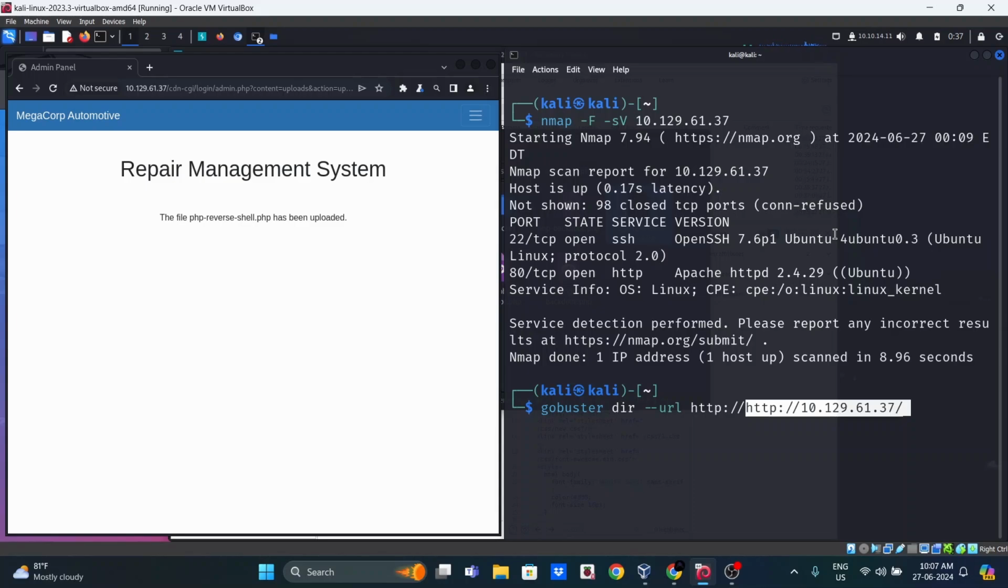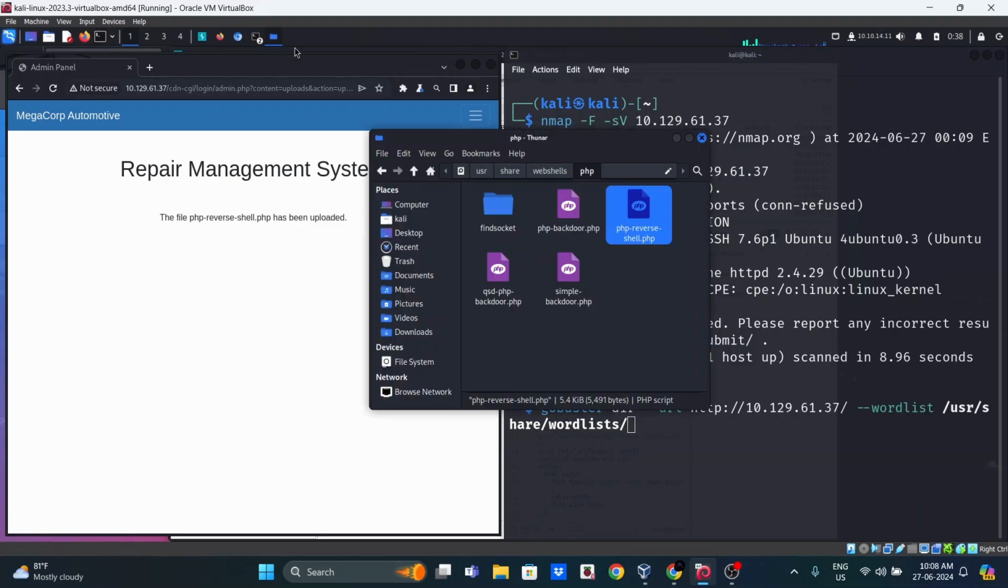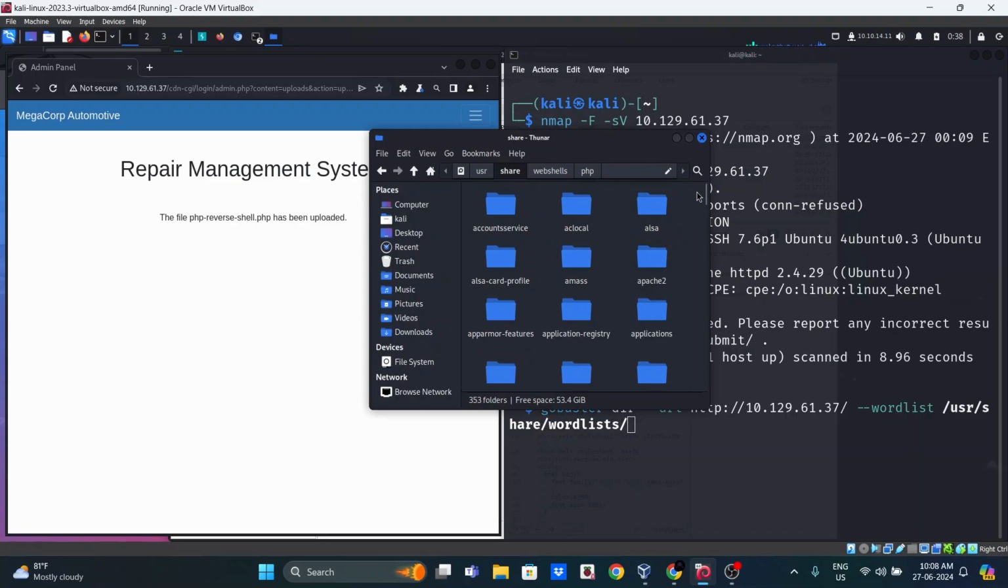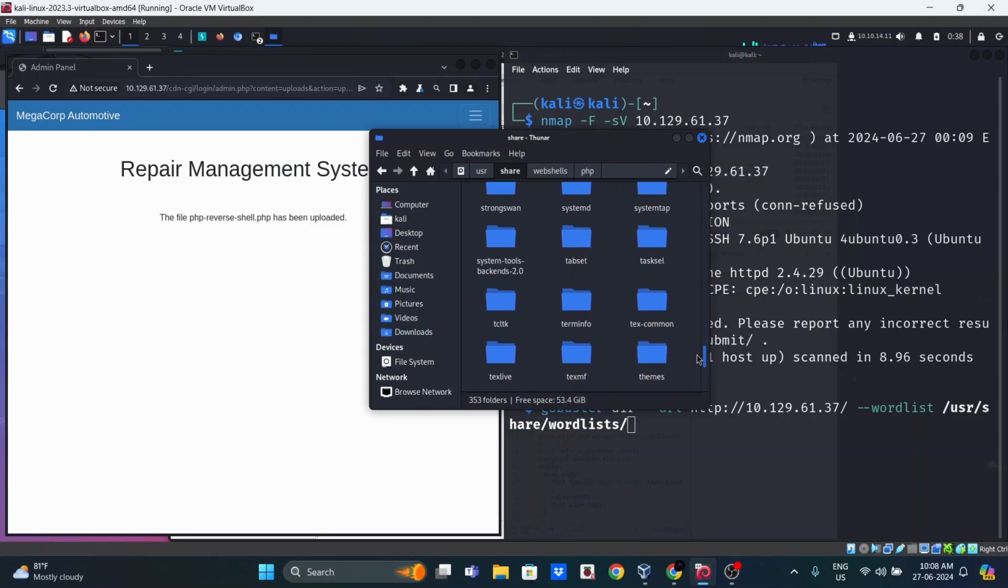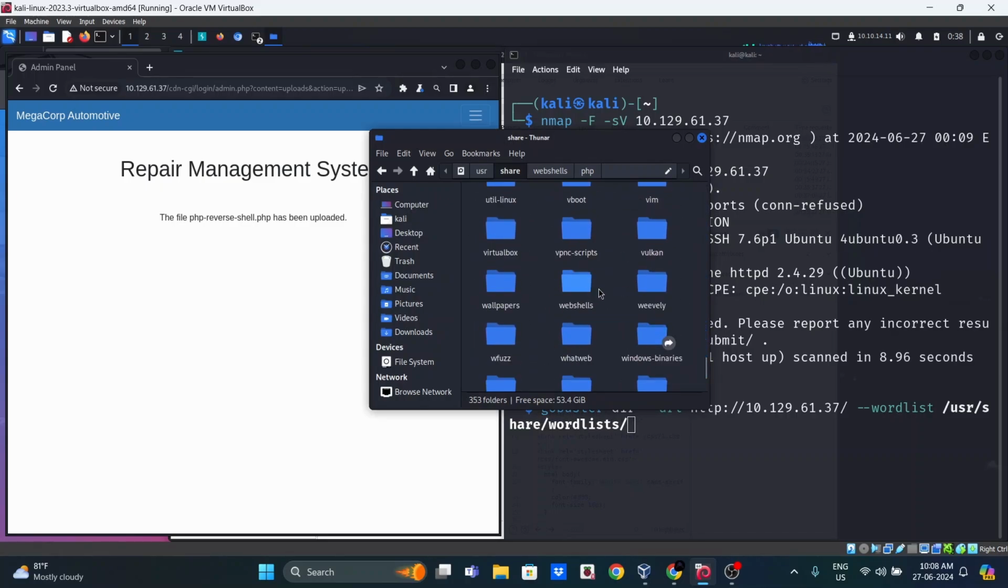All right. And we do not need to do this. All right. And we must mention a word list, which can be /user/share/wordlists. And actually we can check that. Share. Let's go to wordlists,